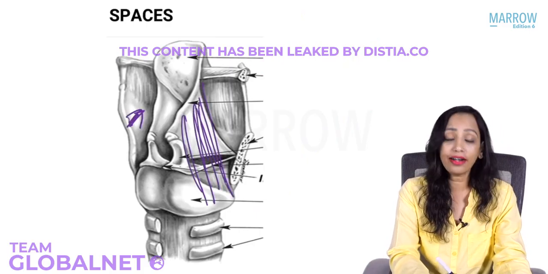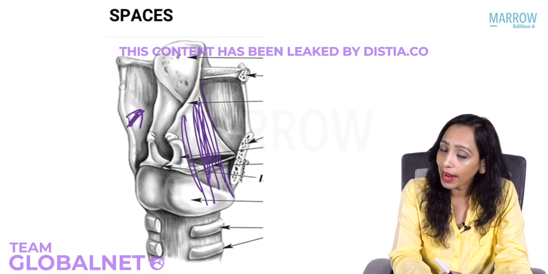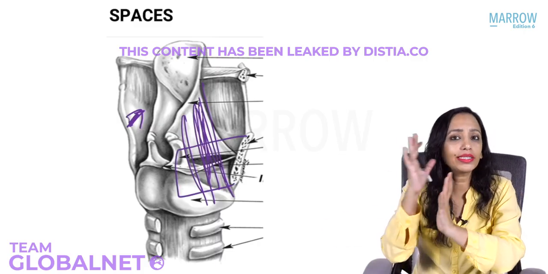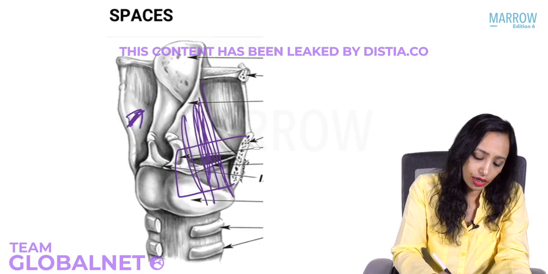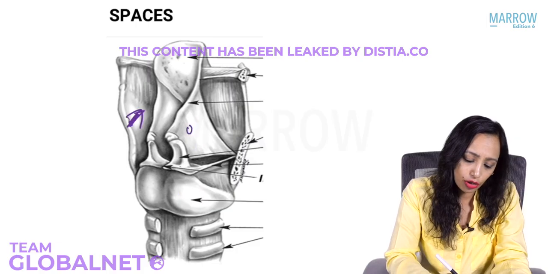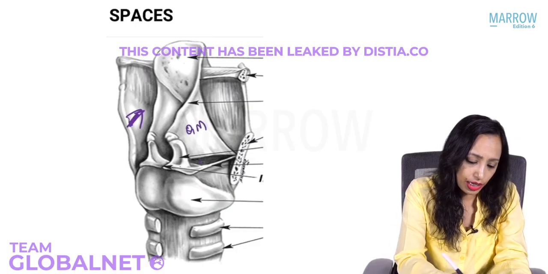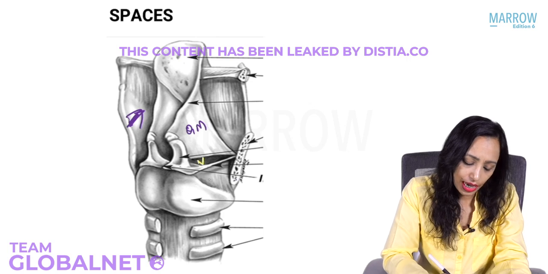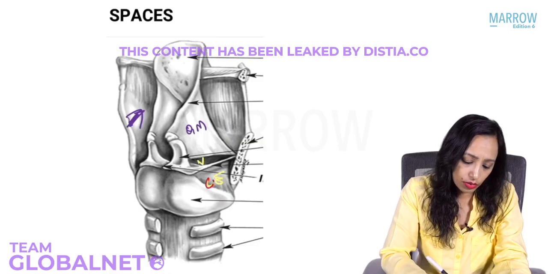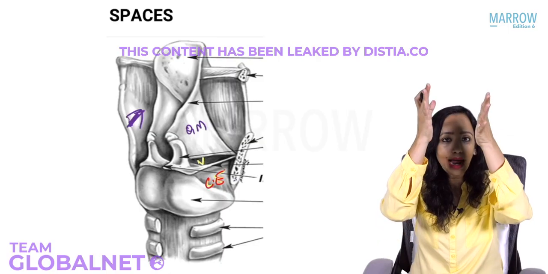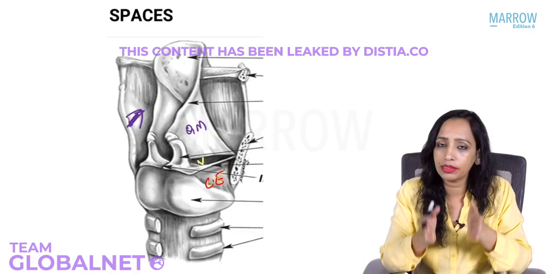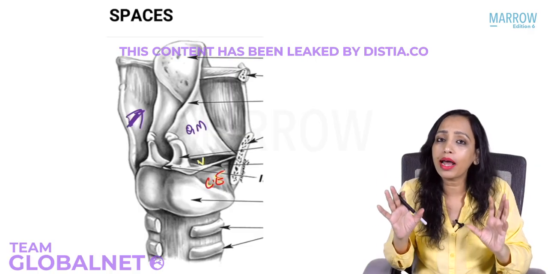Now this space, which is lateral to the larynx, lies in between the thyroid ala, which we have removed on one side in this picture, laterally, and medially the quadrangular membrane, the ventricle, and the conus elasticus, that is the cricovocal membrane. So the space extending lateral to the whole length of the larynx, in between the thyroid ala and these membranes, is the paraglottic space.